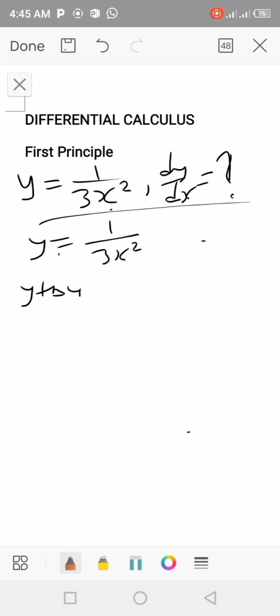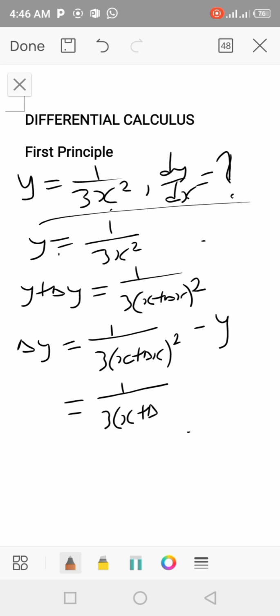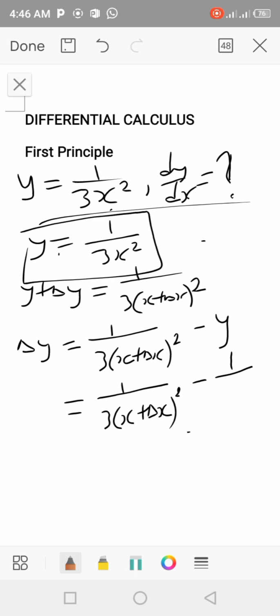y plus Δy is equal to 1 over 3 into (x plus Δx) raised to power 2, and Δy is equal to 1 over 3(x plus Δx) squared minus y, and that is equal to 1 over 3(x plus Δx) squared minus 1 over, so our y is 1 over 3x squared,